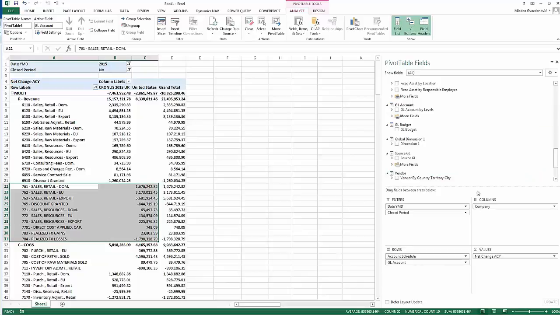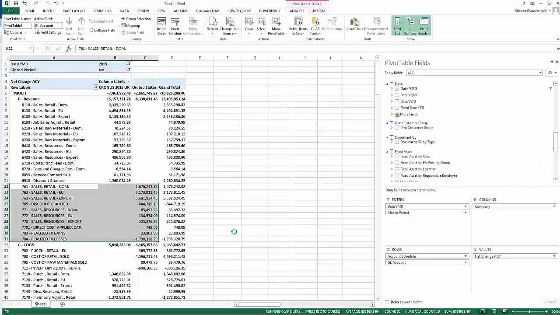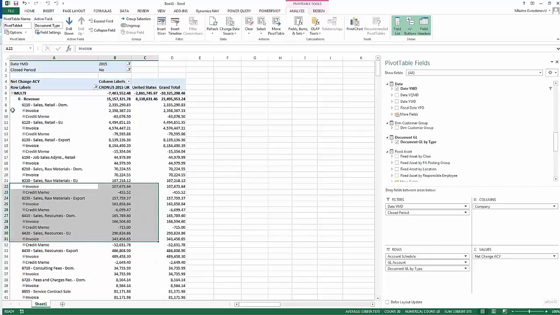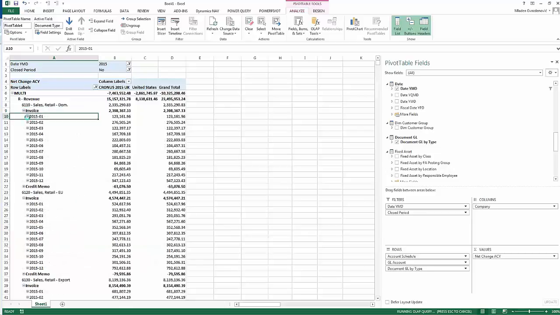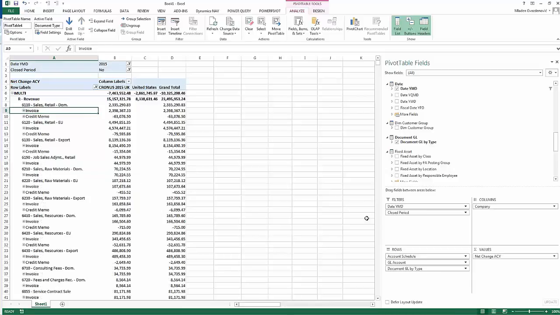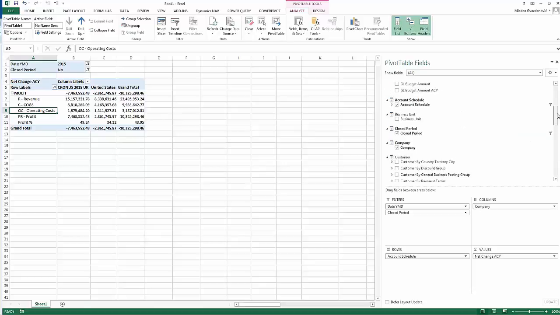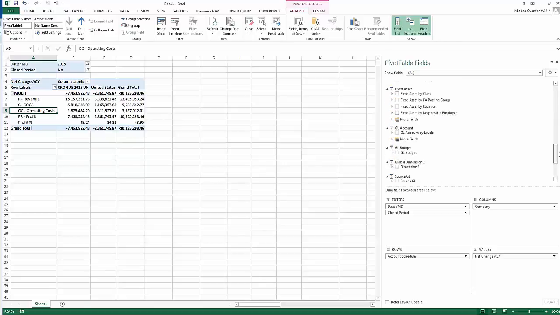We could go also to the document level and bring in the lowest granularity, document by GL. This would just bring us a lot of documents, but there they are. Okay, we can go from top to bottom within a few clicks. Since we have a BI cube that is the source for our pivot table, we can use any other dimension that is available here. What we are going to do is check our global dimension 1,